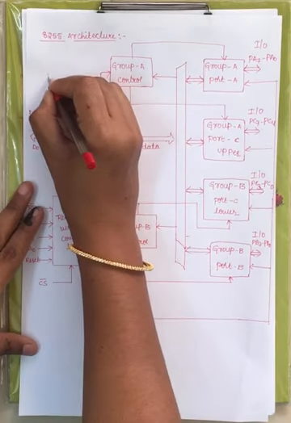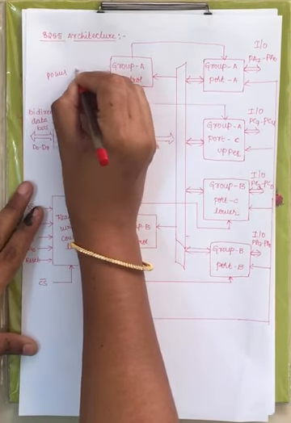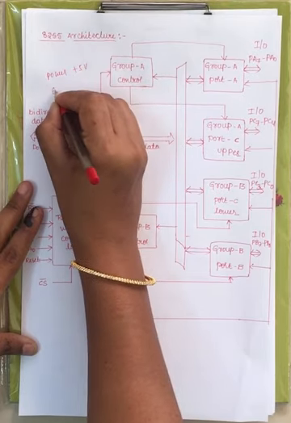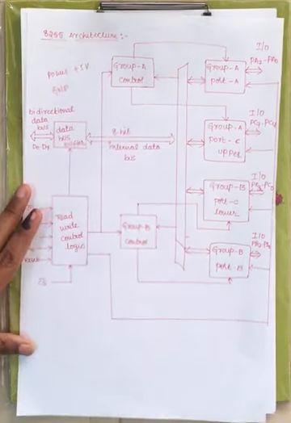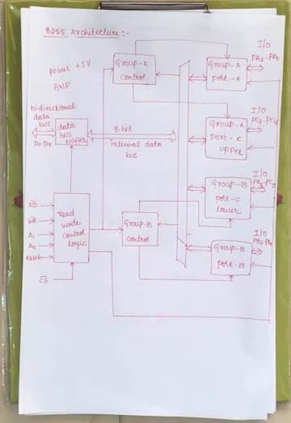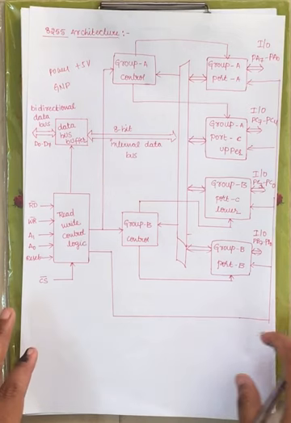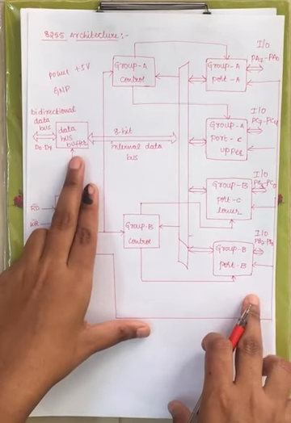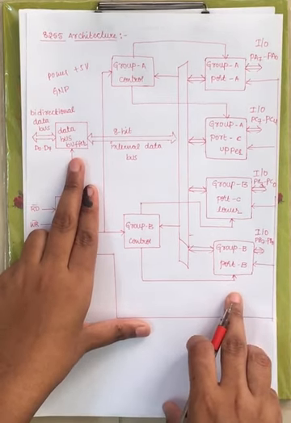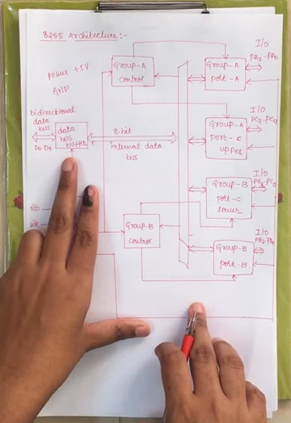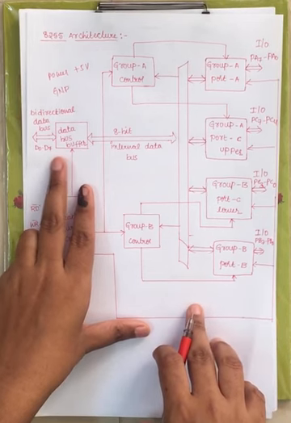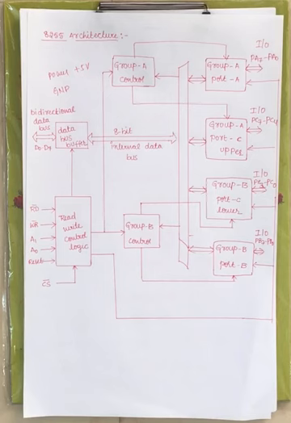Now for power supply, you have plus 5 volts and ground. These are the pins available in the pin diagram. Plus 5 volts is the power supply given to the 8255 IC, right? Here you have the data bus buffer, which is bidirectional, used to connect to an IO device.